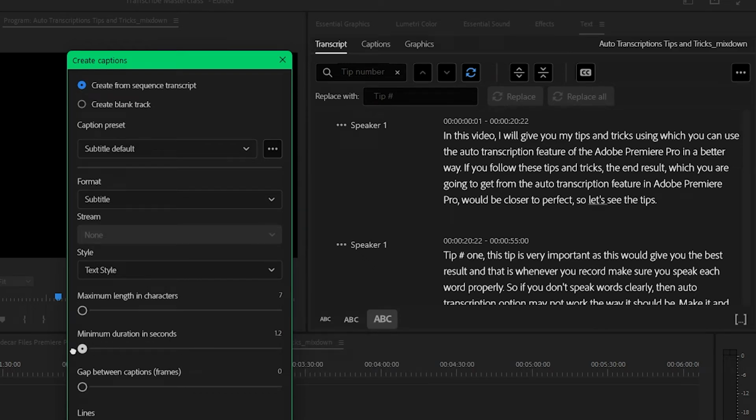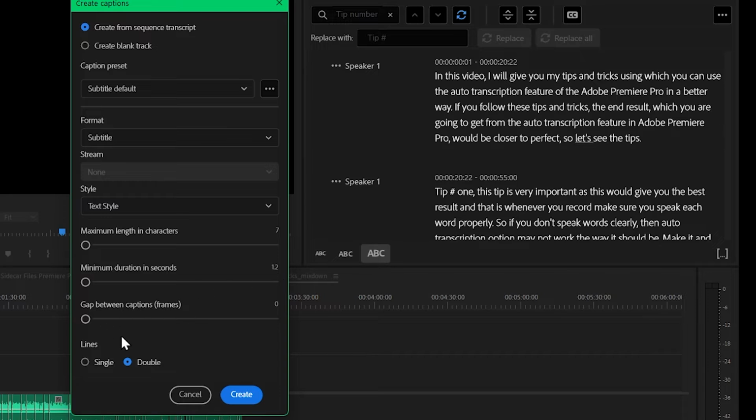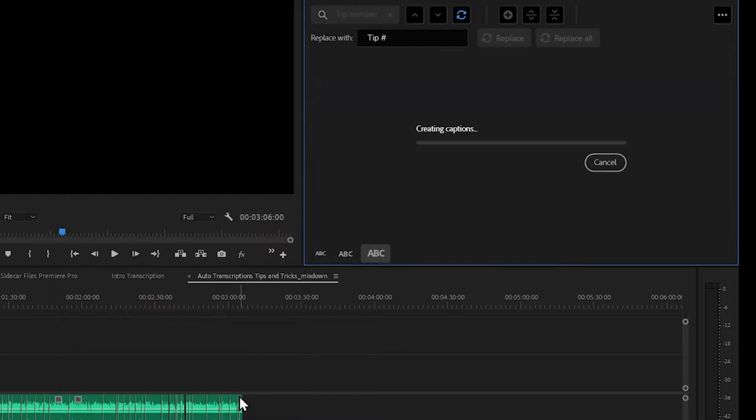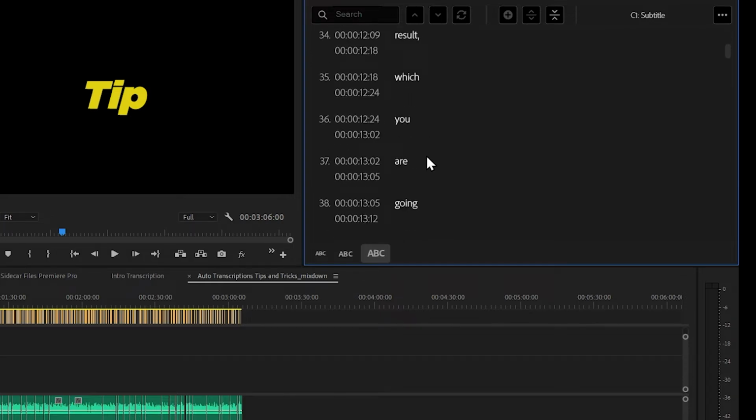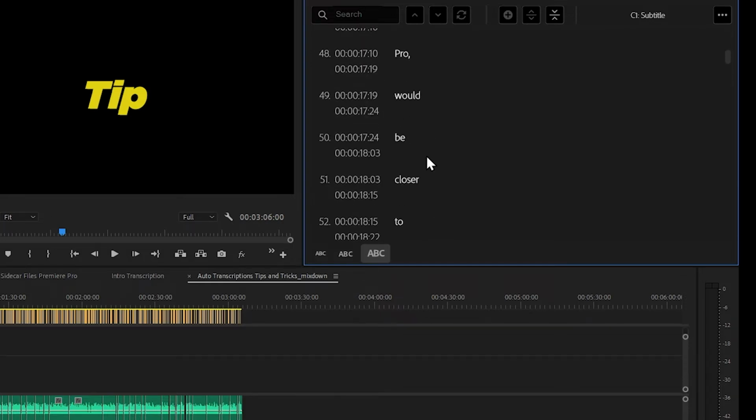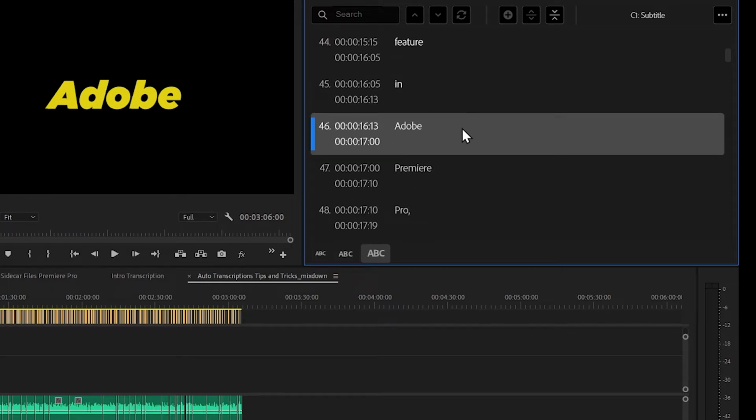You need to drag it, then you need to click once, and that way it's going to stay over here. Minimum duration of these seconds is 1.2 seconds, and then gap between the captions, let it be 0 or default, and make sure from the lines you select the single option. Okay, so now everything is done, and now we are ready to click on the create, and it's going to create the captions. And once captions are done, now you can see they have a single word, unlike the other way where it used to create multiple lines, or it used to have multiple words in one particular